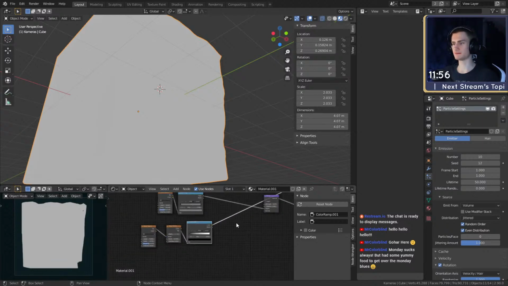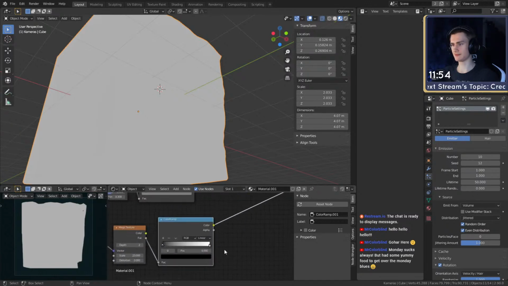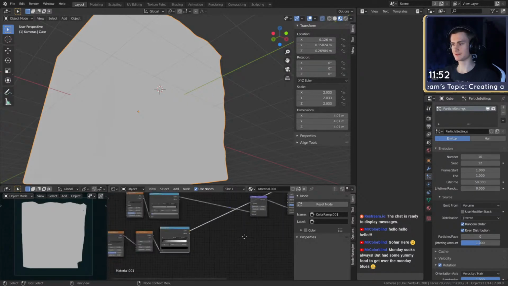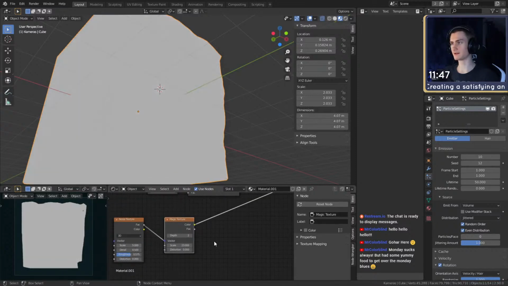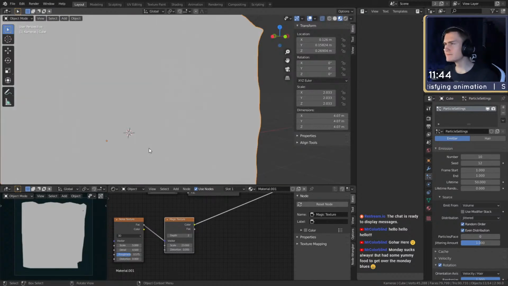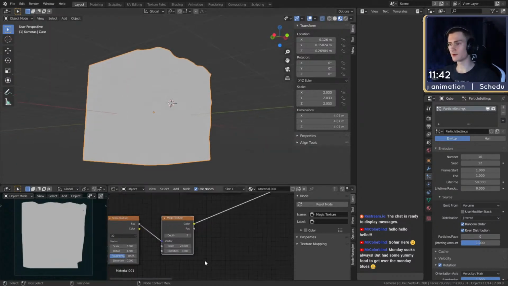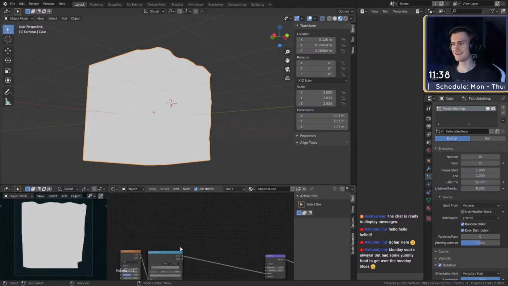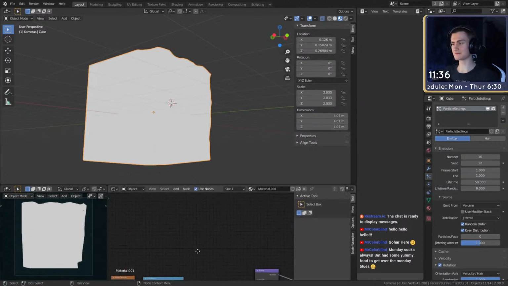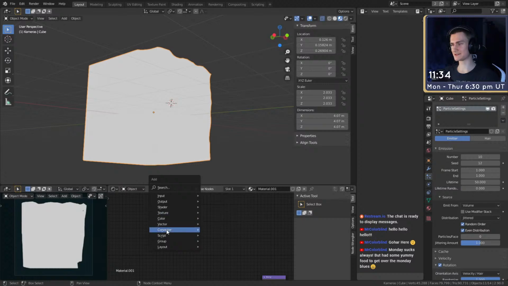Okay, now I don't know what's going on with this color ramp. Sometimes it's just not displaying what I'm looking at. Wait. Okay, I guess we're not gonna use that then. Let's see if something else works. We're getting sabotage right now.